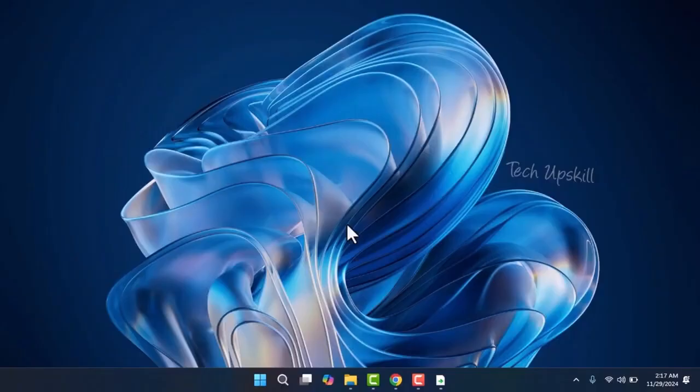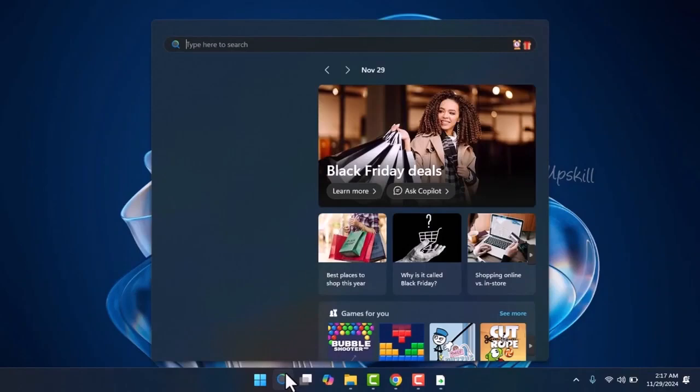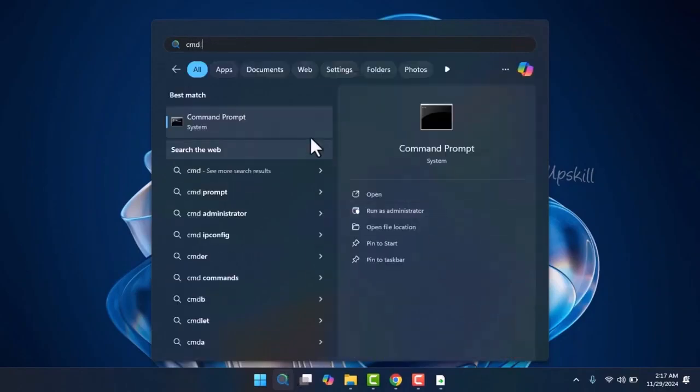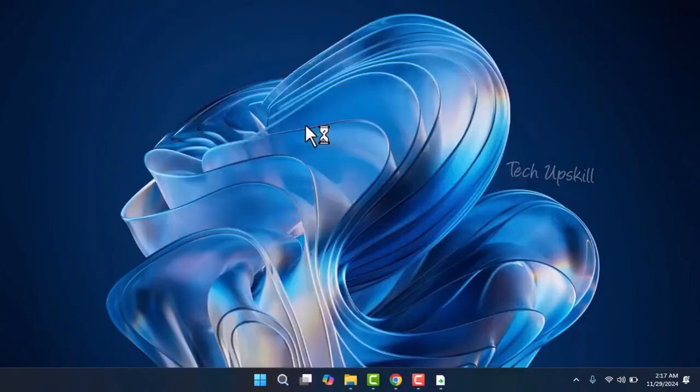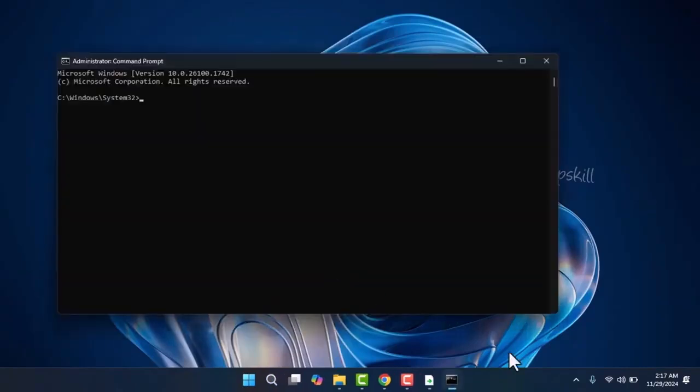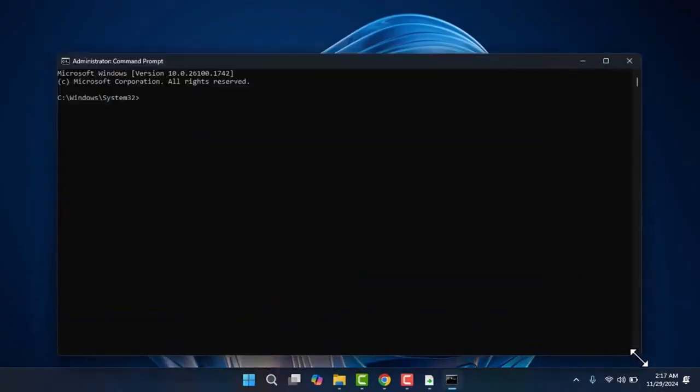If the previous steps didn't resolve the issue, follow these additional steps. First, open CMD by right-clicking on Command Prompt and selecting Run as Administrator. Before proceeding, if you're using DHCP, you don't need to save your IP address. But if you're using a static IP, make sure to note down your IP address in a notepad for future reference. Next, type the following commands one by one: